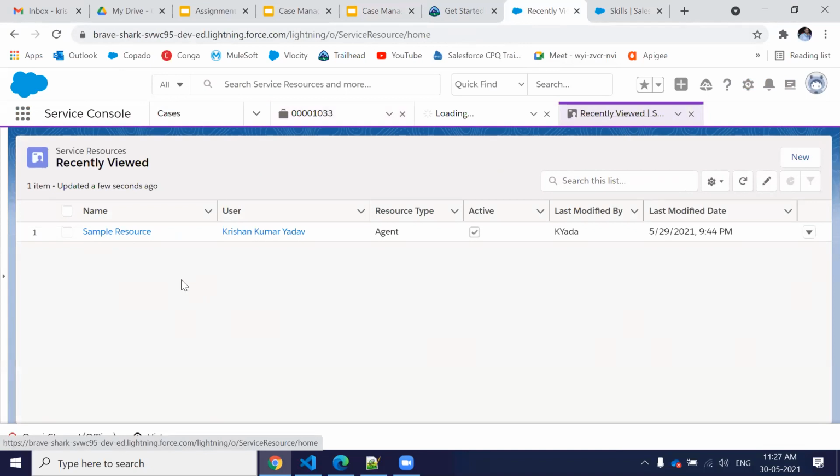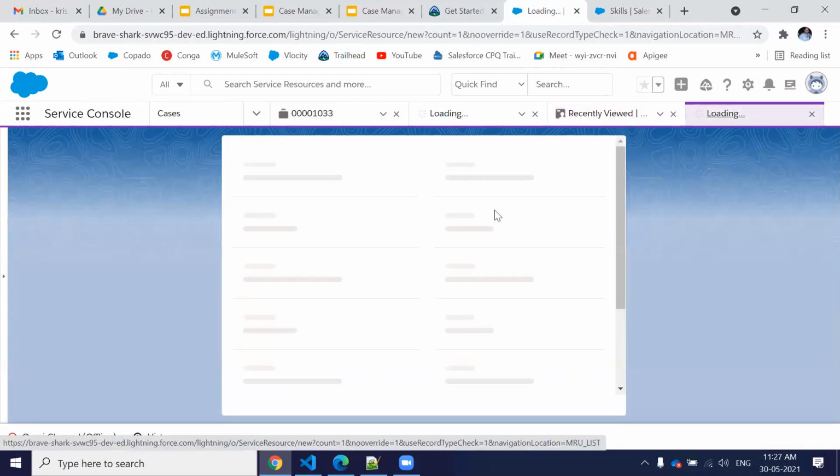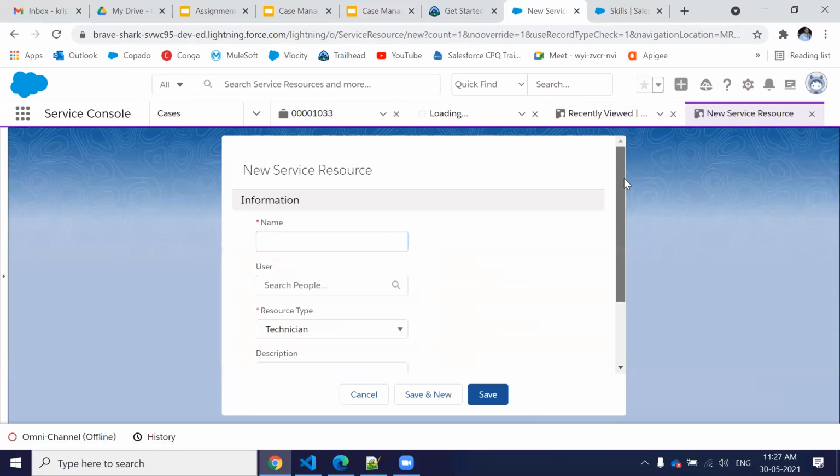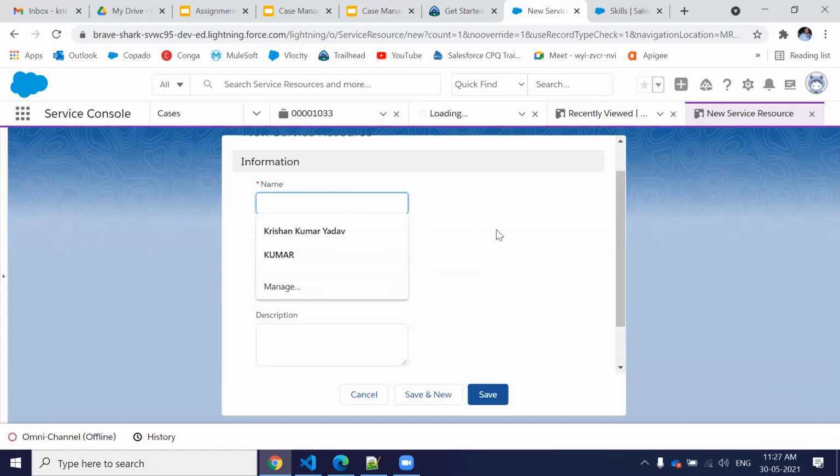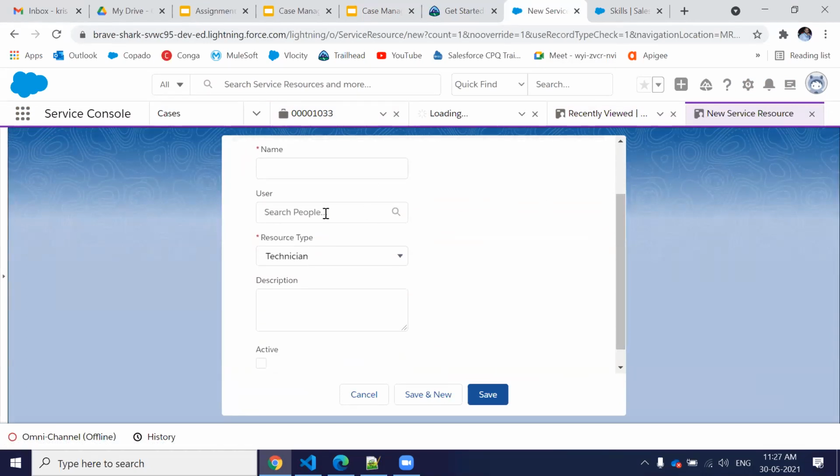Service resource, again, is an object, and you just have to create a record here, where you give any name. Then you have to be very careful which user you are going to use as a service resource. User means whoever is going to use the Omni-Channel Service Cloud features. You have to select that user.